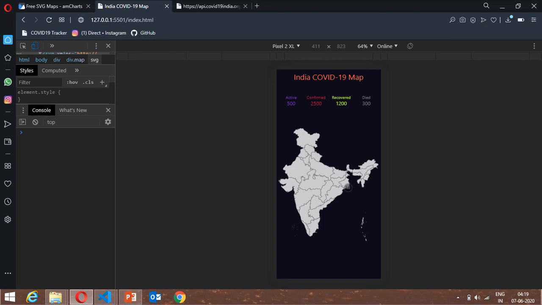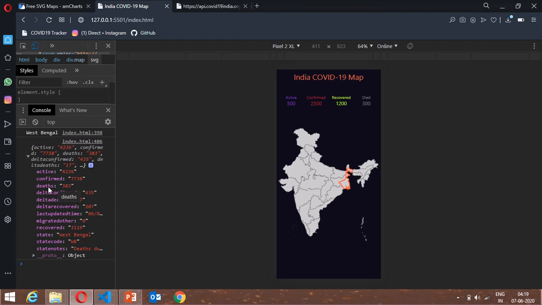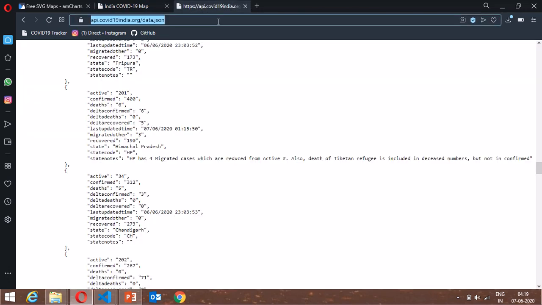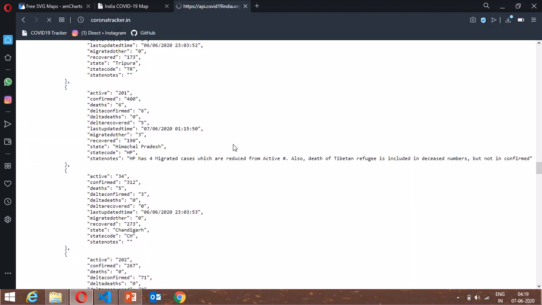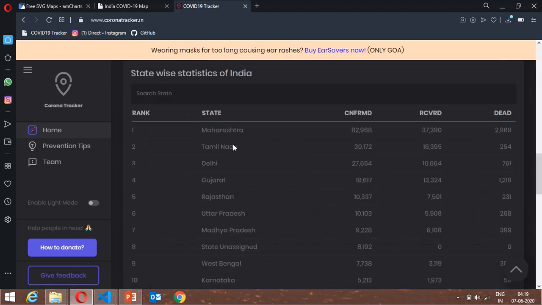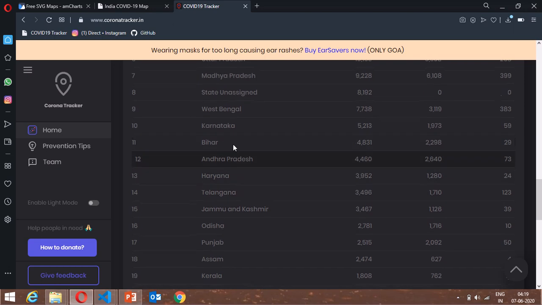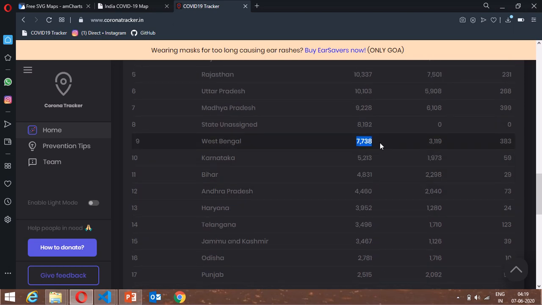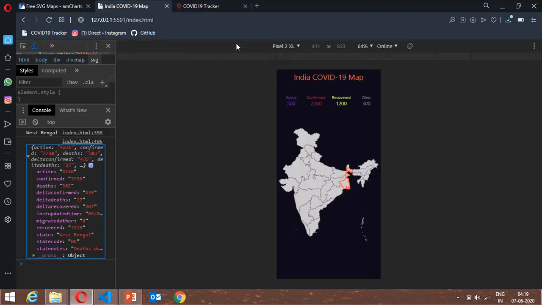It should. Okay, so you can see it returns only West Bengal's data. You can see that's 383. Okay, which is true actually. If I go to an official coronavirus website, so if I open this website over here and go down a bit here, as you can see, West Bengal, the data is 7,738, 3,119, and 383. So if we compare it, it's 383, 7,738, and